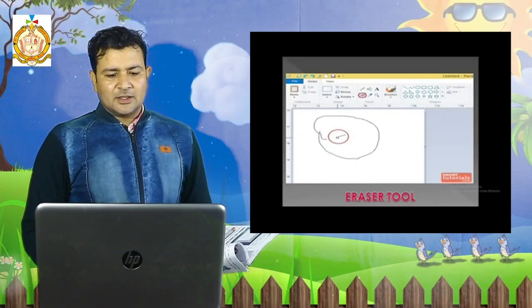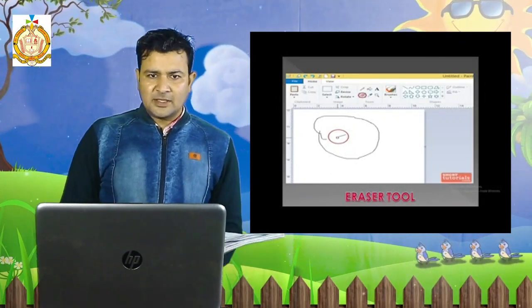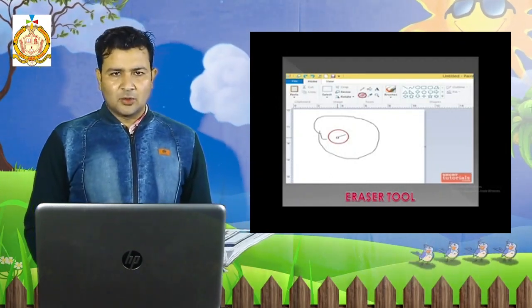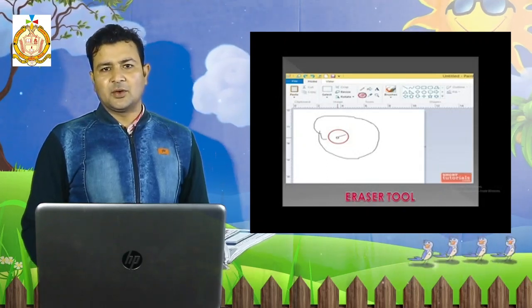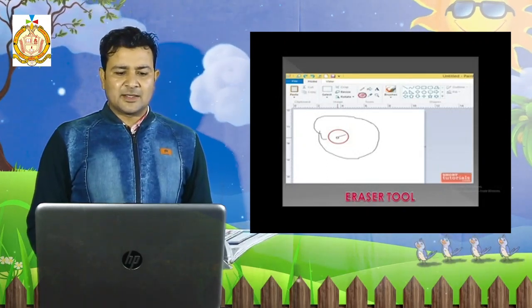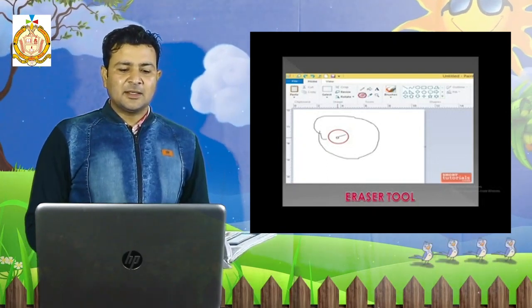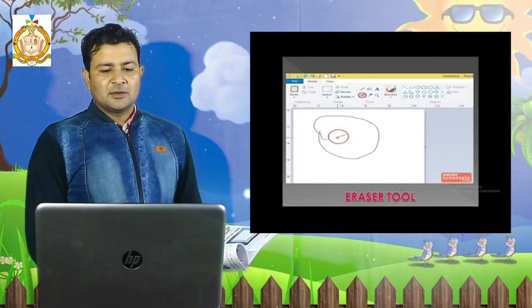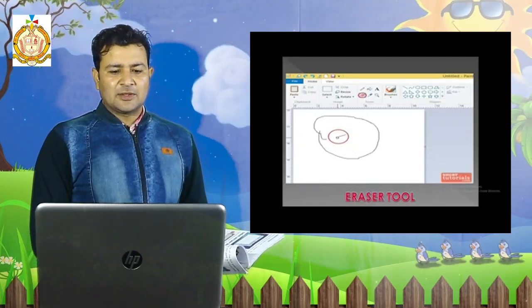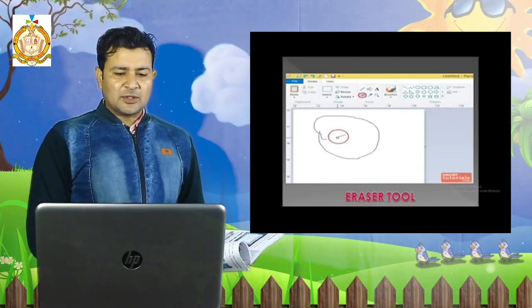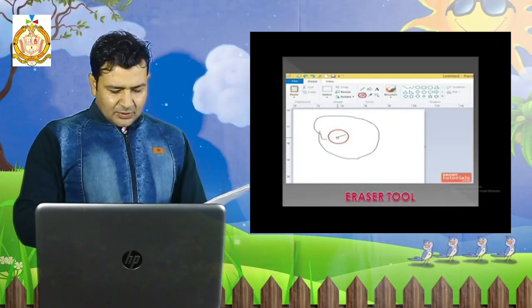Next, eraser. Suppose you make any mistake in the notebook, you can rub it with the help of a pencil eraser, or a razor. Same like this, if we make any mistake, then in this software we can also use the razor. We have to select the razor. What are the steps to select the razor?